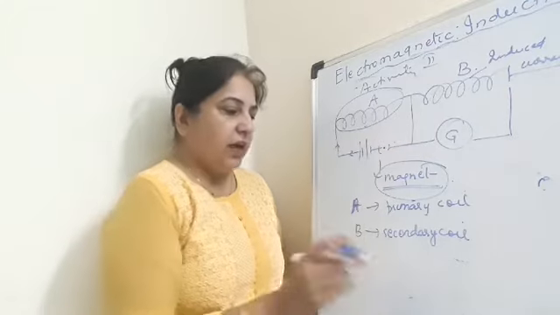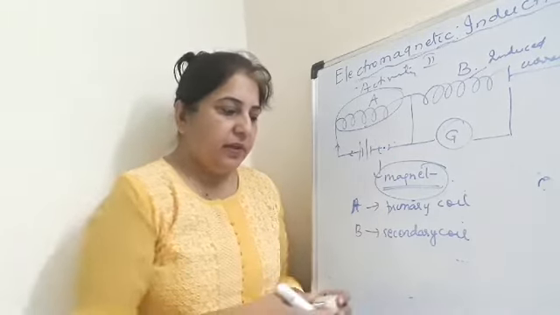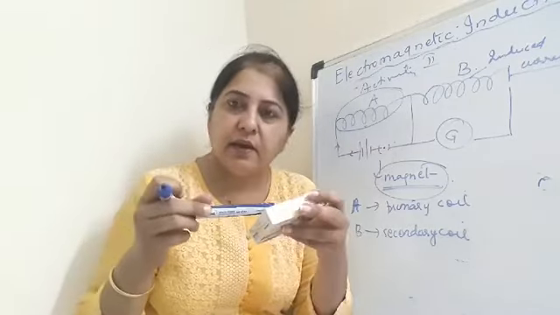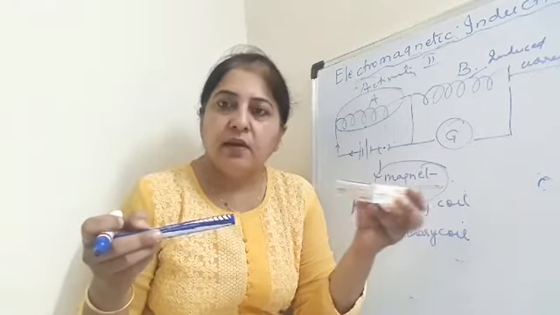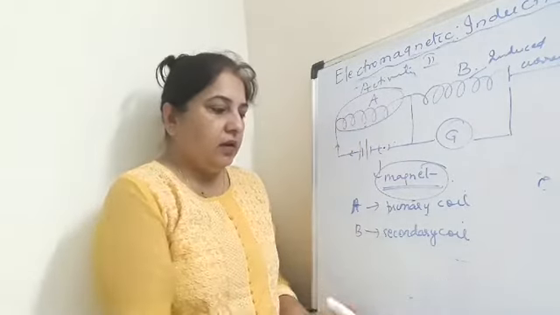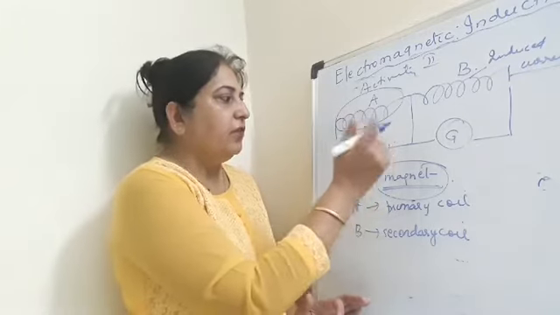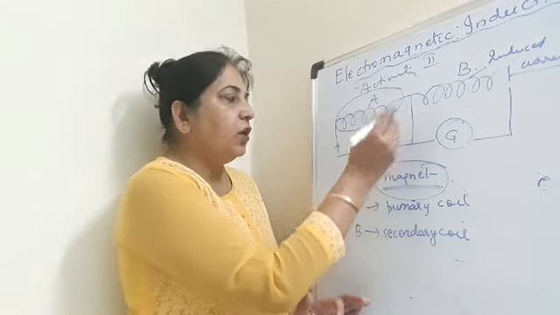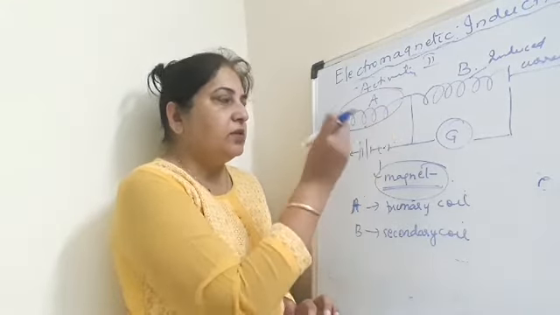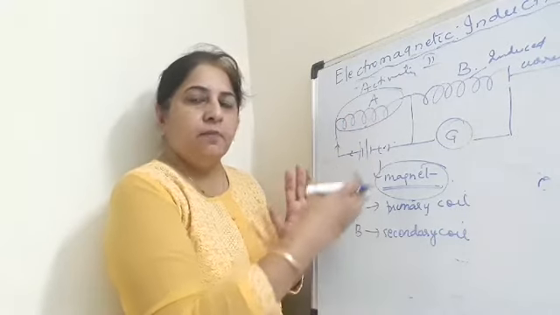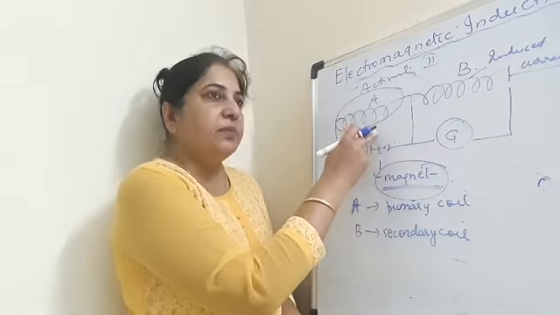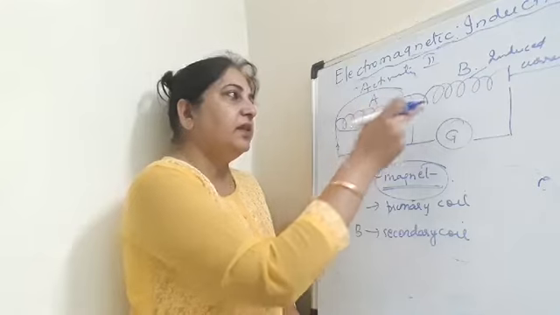As we studied in the previous activity, there must be continuous motion between a coil and a bar magnet, only then will the current be induced. Now how can we maintain the motion here? We cannot keep on moving the coil. So what we do is continuously put the key in the on and off position, due to which the supply of current goes on, stops for a second, goes on. That means the magnetic field is continuously varied, and because of this the current will be induced.